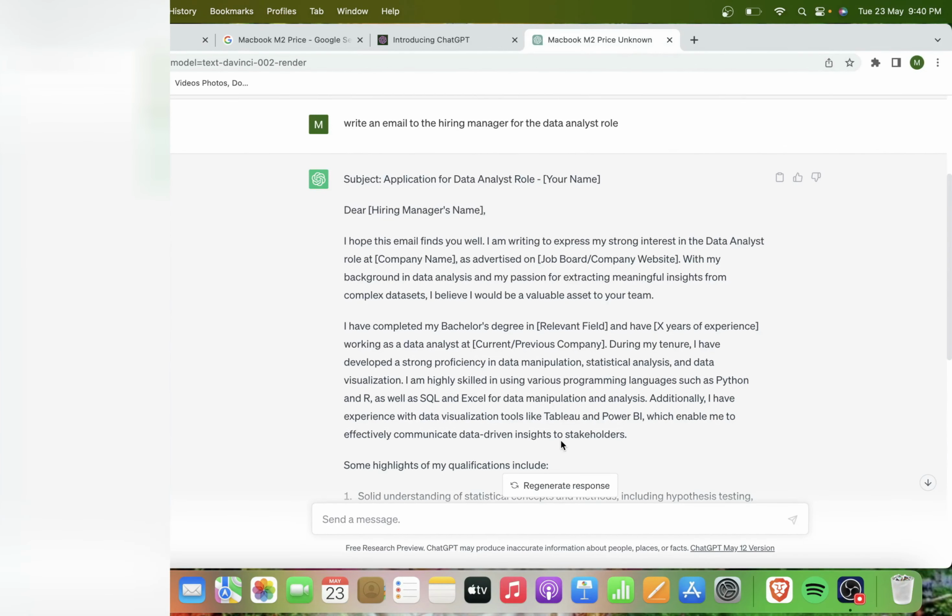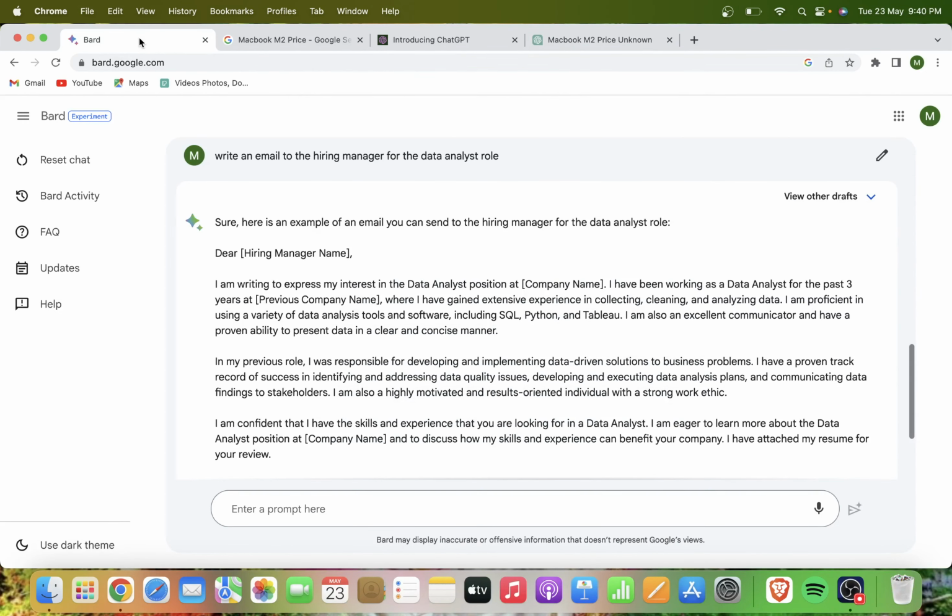So there are some strengths around both chatbots. ChatGPT's strength lies in its ability to generate text and translate language. It is also capable of writing different kinds of creative content. And Bard's strength lies in its ability to access and process information from the real world through Google search. So I can say that Bard can provide you more comprehensive and up-to-date answers to your questions.